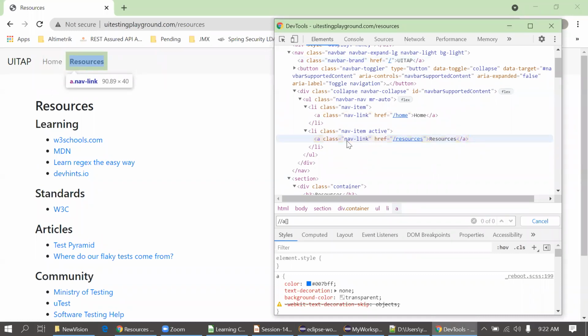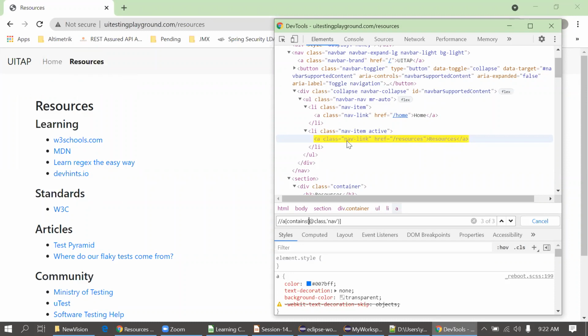So I will first find out the link and then I will put the negation, meaning I don't want this link. I'll go for the class, and the class is equal to NAV. And then I will put the contains, replacing the equal to with the comma. Now I'm getting 3 links, you can see, but I don't want this. Apart from this, I want everything for now.